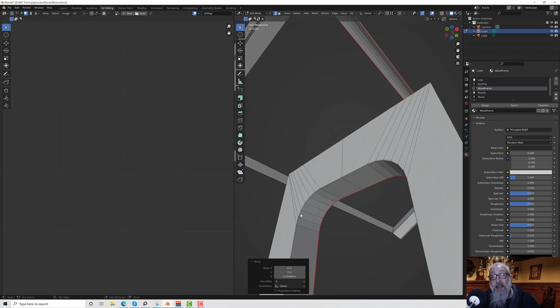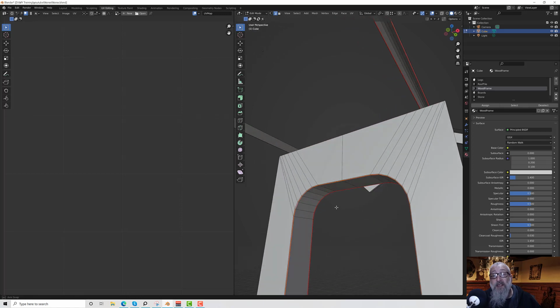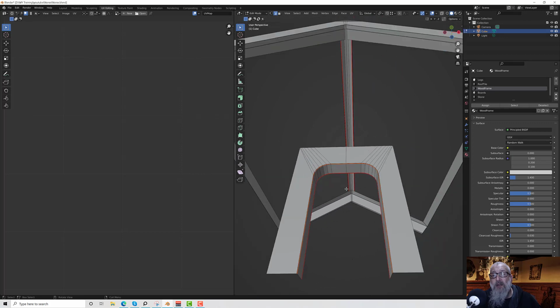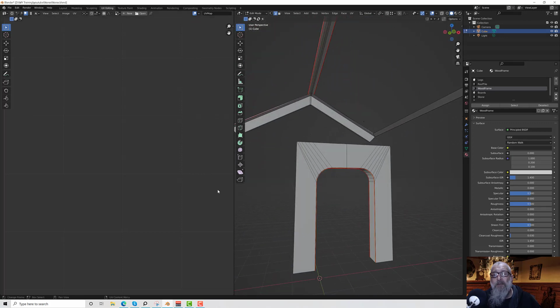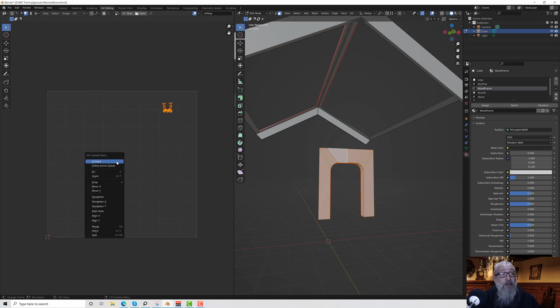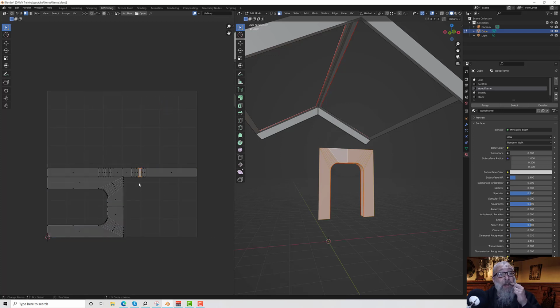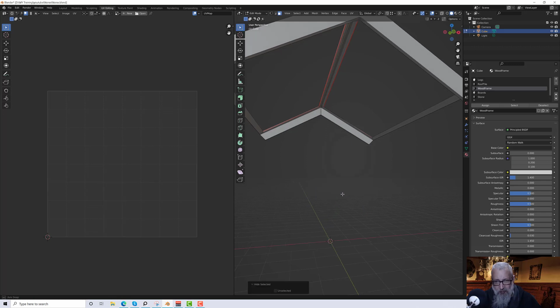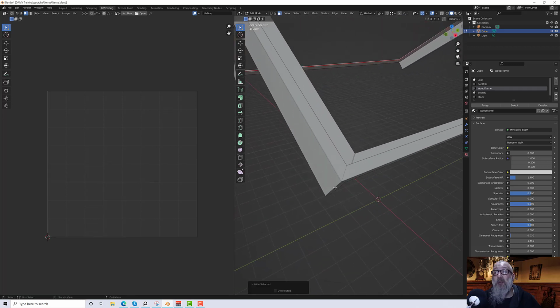So let's now mark under here with Alt, then right click, mark that seam. That's going to, yeah, that's going to unwrap. Okay, so let's select a piece, Control and L, press A in the UV view and unwrap it. There we go. Now we can hide that, and we've left our horrid bit till last. So I'm going to go to edge mode, and then I'm going to cut each corner off. So first of all,